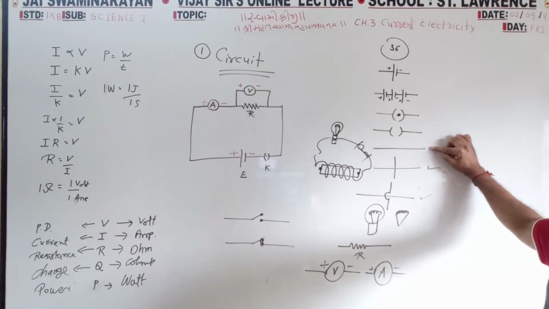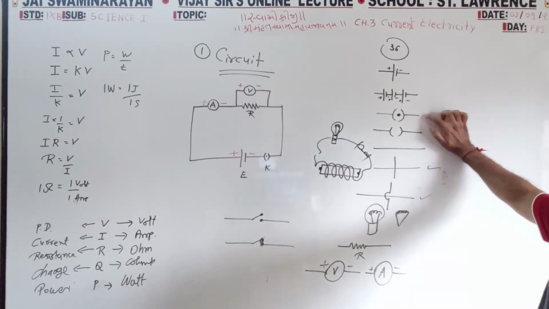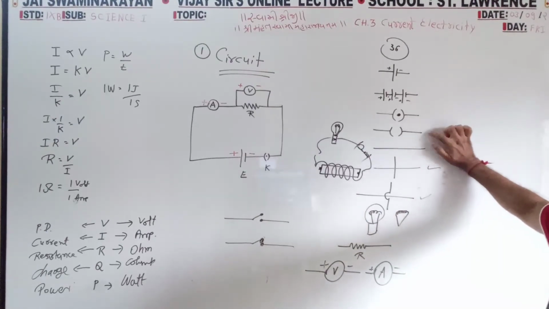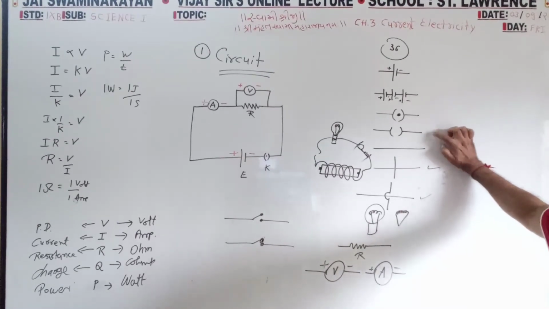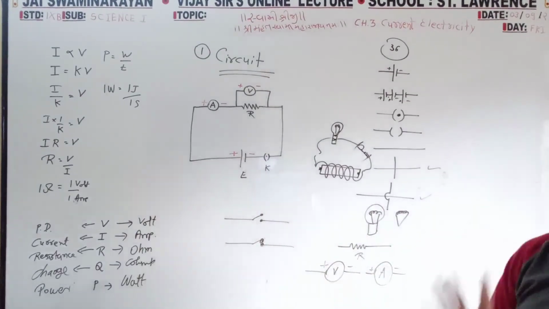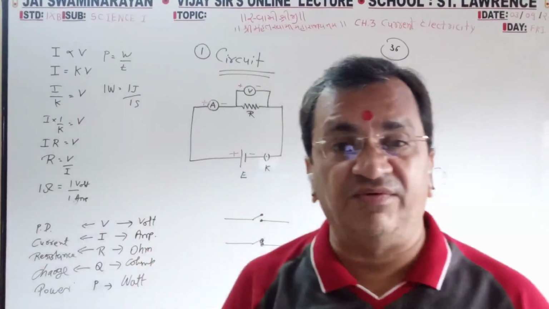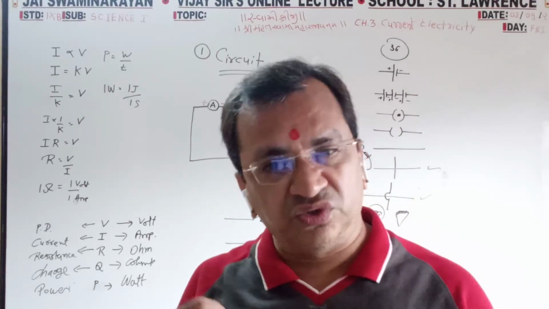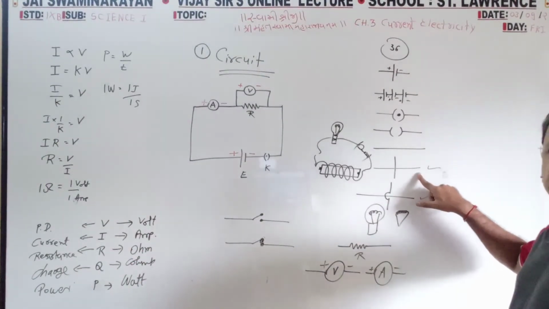Conducting wire. What is the use of this? To start the current, to break the current, to allow the current or to stop the current. Only a single line, a straight line, a long straight line. Conducting wire through which electric current can pass. This is